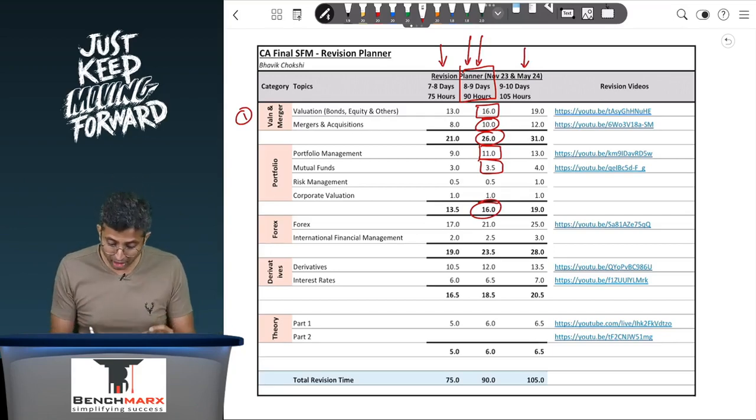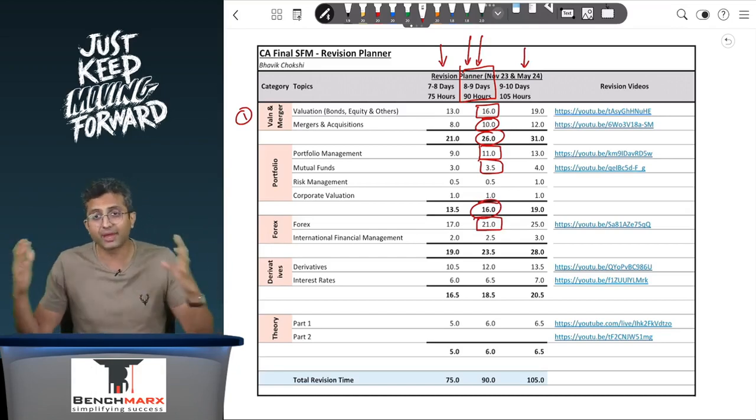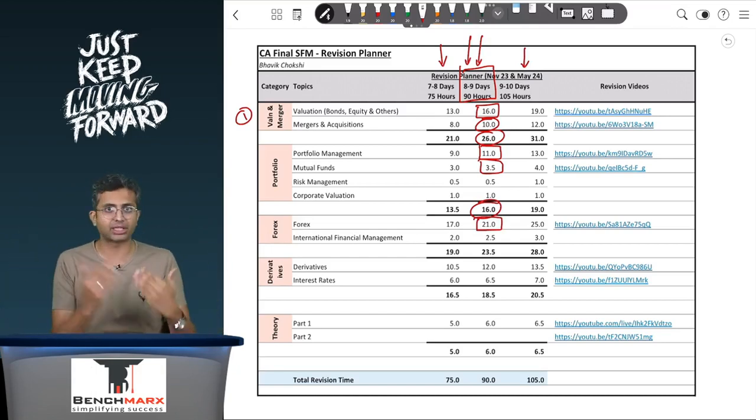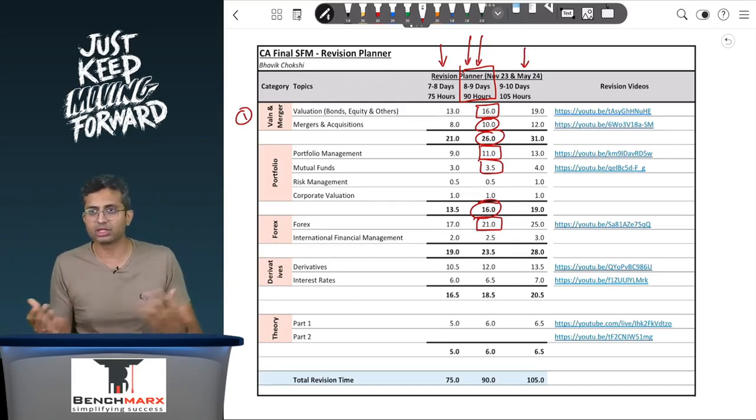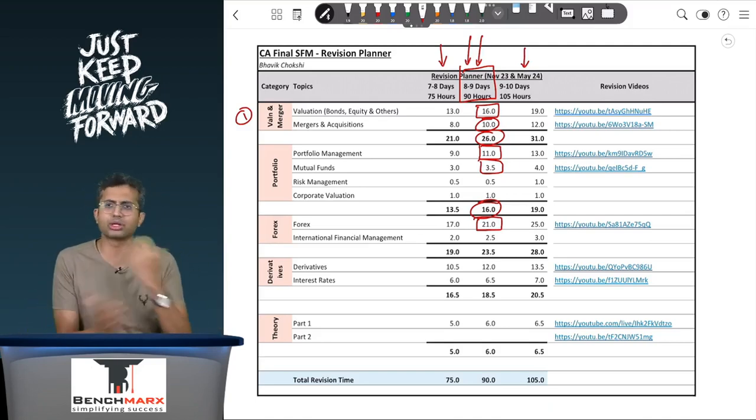So we give a very, very detailed weightage of close to 21 hours. Now that is a fairly long period of time. That is effectively in your study leave. You're sitting with foreign exchange for approximately 2 full days. So for a lot of students, you can probably finish it even faster, but I would recommend that you kind